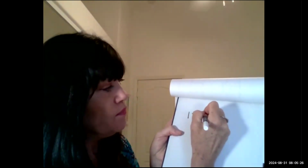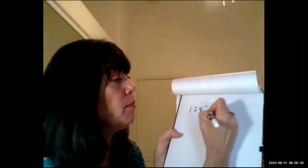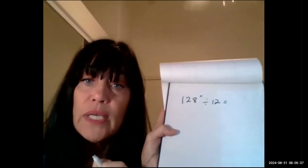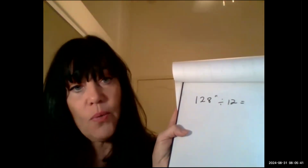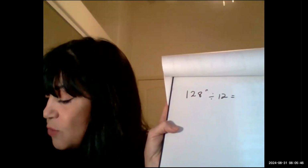128 inches. I want to see how many feet that is in inches. So I'm going to divide this by 12. That's going to give me a number. So let's take a look and see what happens when I do that. 128 inches divided by 12 gives me